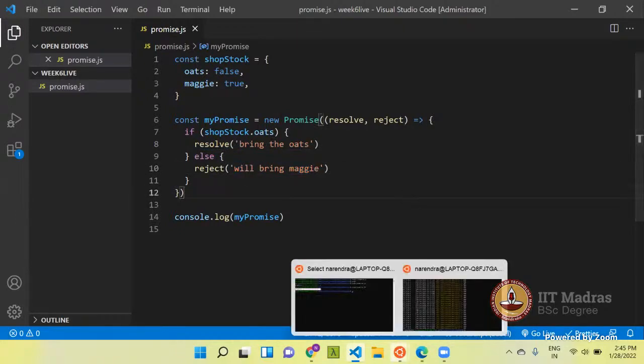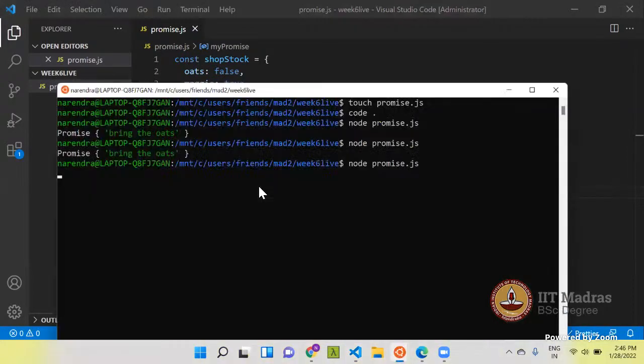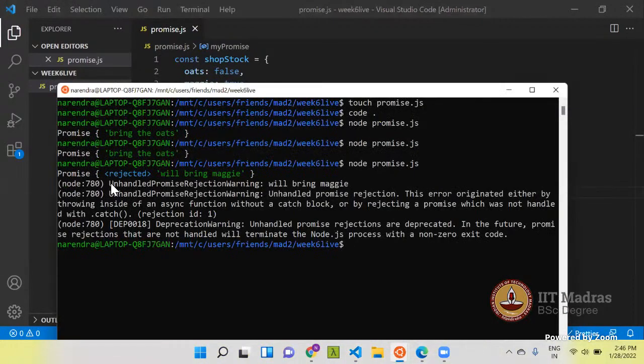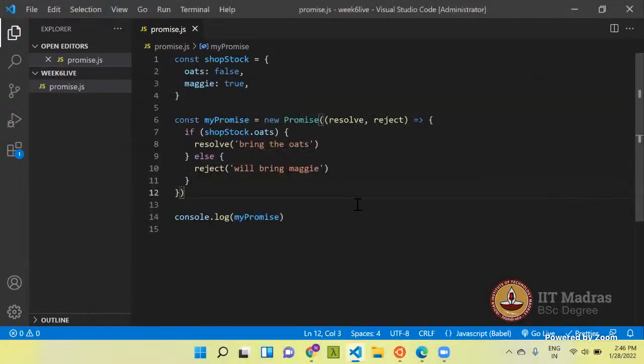Okay, let's try to print it. Don't focus on these things. It says unhandled promise rejection. Just focus on this statement. It says that the promise is rejected with the value will bring Maggie. Any promise can have three states.